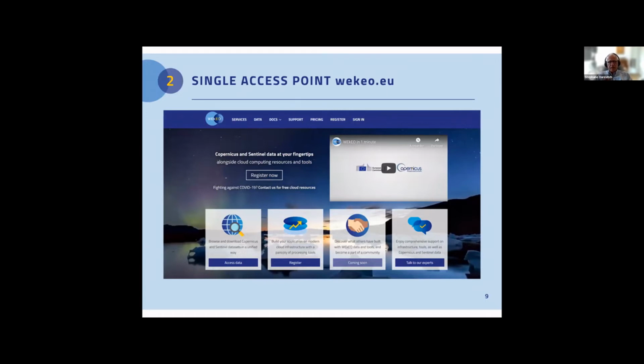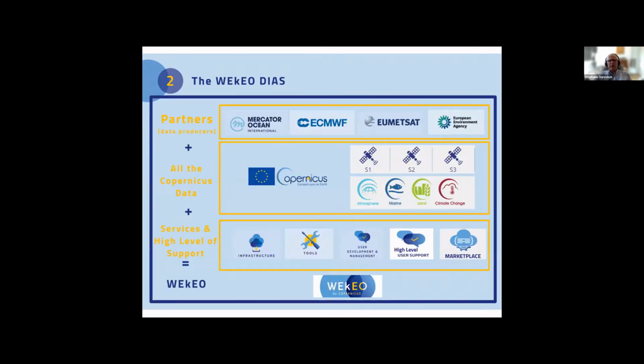The data catalog basically includes all the satellite data, at least in its level 1 and level 2, so the baseline products, and most of the data sets available from the various Copernicus services, at least the ones accessible on a full and open basis. So, for instance, obviously you won't find products from the security service in WEkEO, but all the other products, or most of the other products, are available.